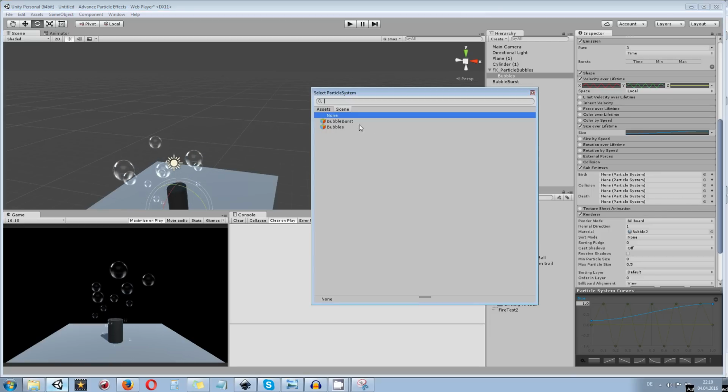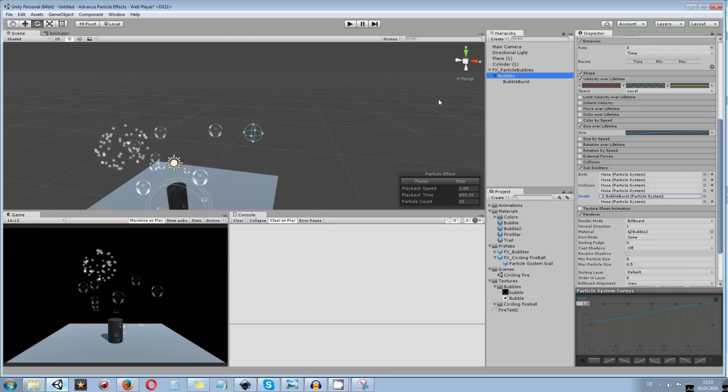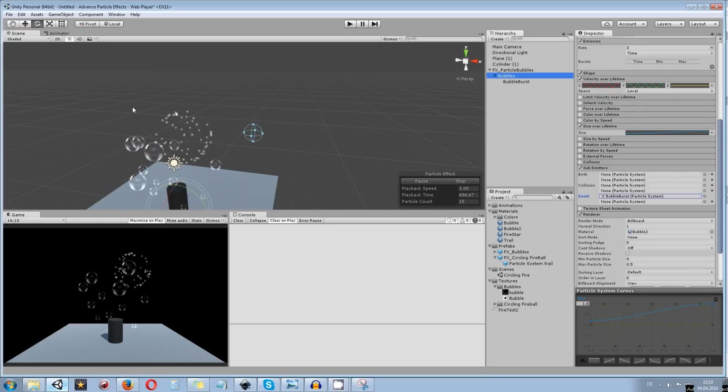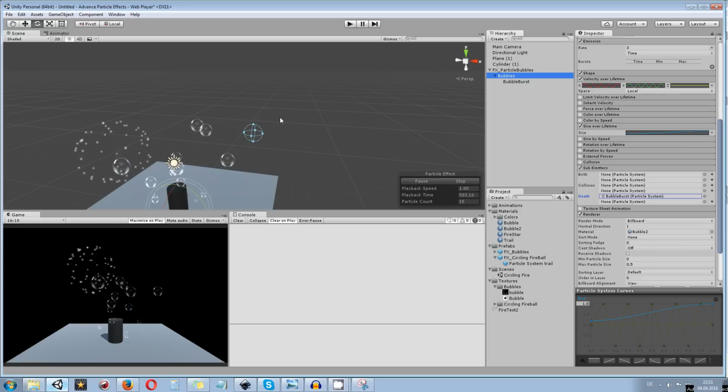On death, we want to add the bubble burst. I want to set this one to reparent. And now, as you can see, the bubbles will automatically spawn the sub-emitter once they are dying, because their lifetime is over, or at the maximum size of 5 in my case.